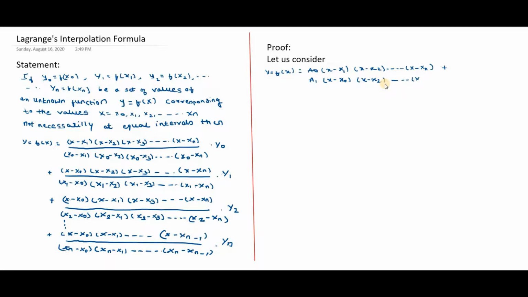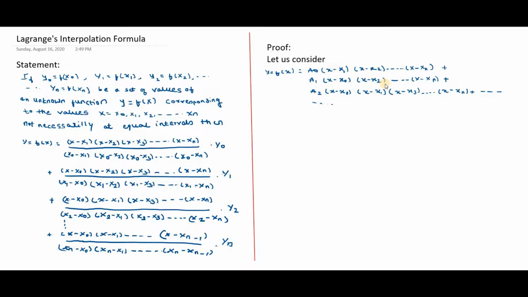So on up to x minus xn, plus next a2 into bracket x minus x0, x minus x1. Now here do not write the x2 term, directly you can write the x3 term, x minus x3, and similarly x minus x4, x minus x5 and so on up to x minus xn, plus and so on,